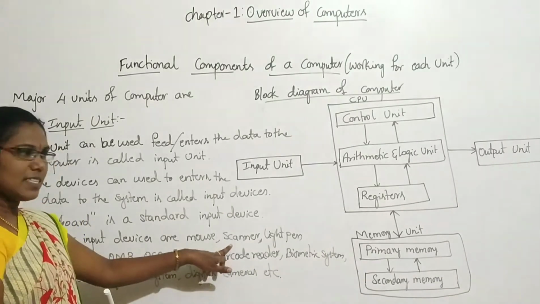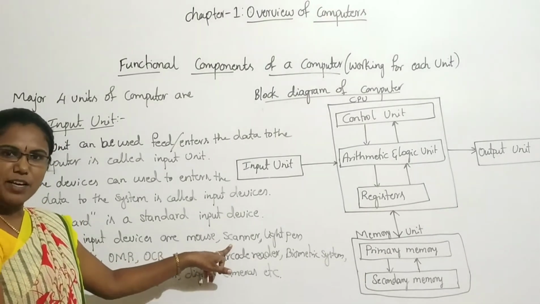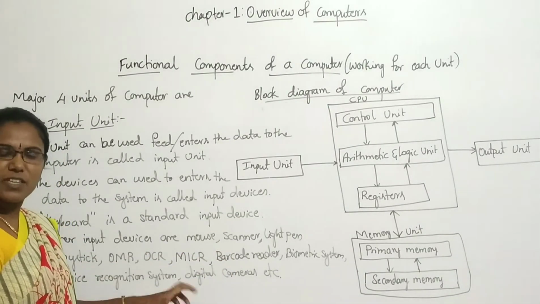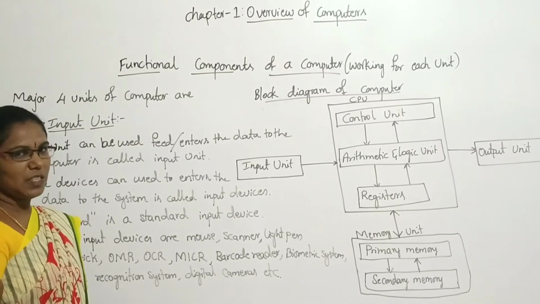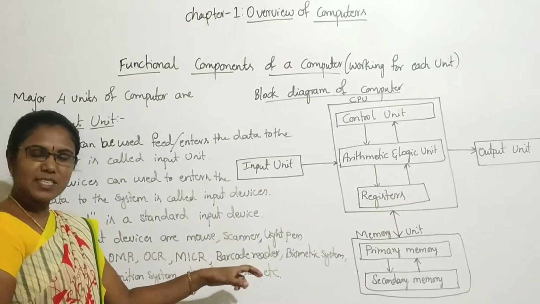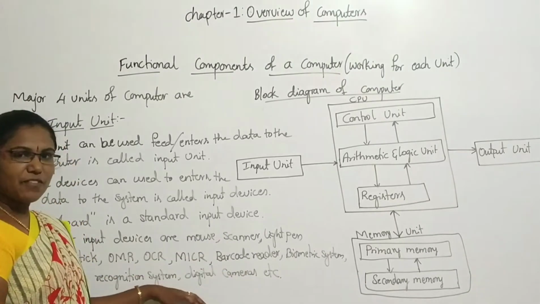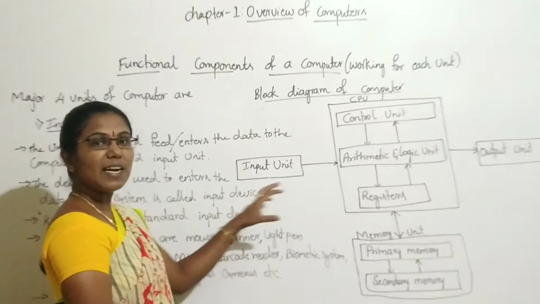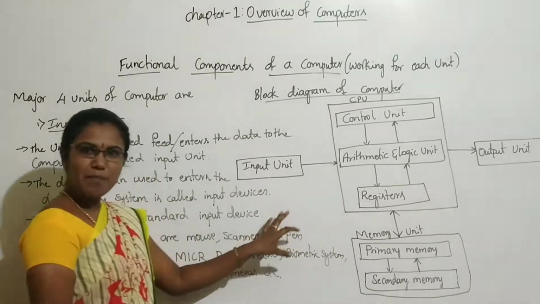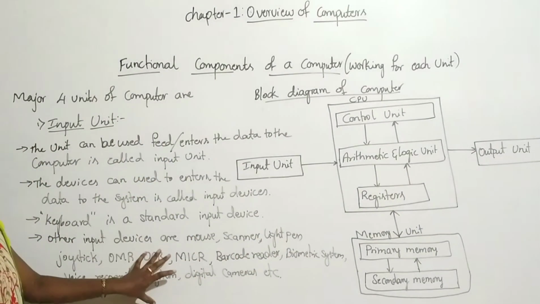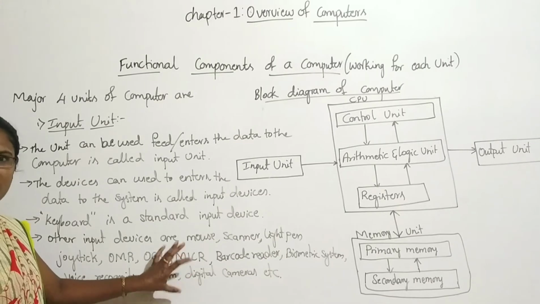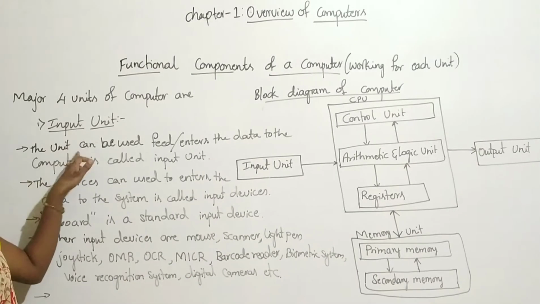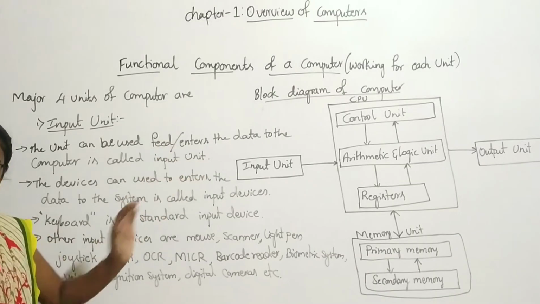See here, by using the scanner, we are given document data, we are given image data. Understood? So, by using other input devices, we are giving different types of data to the system. So, the system can understand all types of data because it will convert our data into its understandable format. That's why all types of input data the system can easily recognize, and it will send it to the CPU.